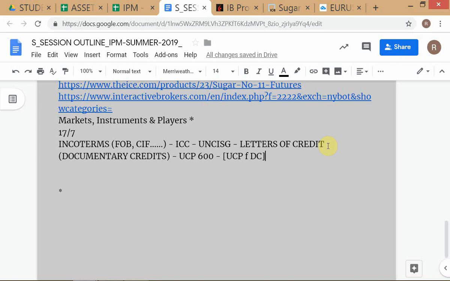So you have the UNCISG legal framework for international sale of goods, and the letters of credit system, the documentary credit system, okay, uniform, standardized all over the world, which makes a lot of difference and makes it very efficient, and they're all governed by UCP-600 right now, okay. Next time you may have a different version, but generally it's the UCP that governs that. That's the UCP, Uniform Customs and Procedures for Documentary Credits, okay.